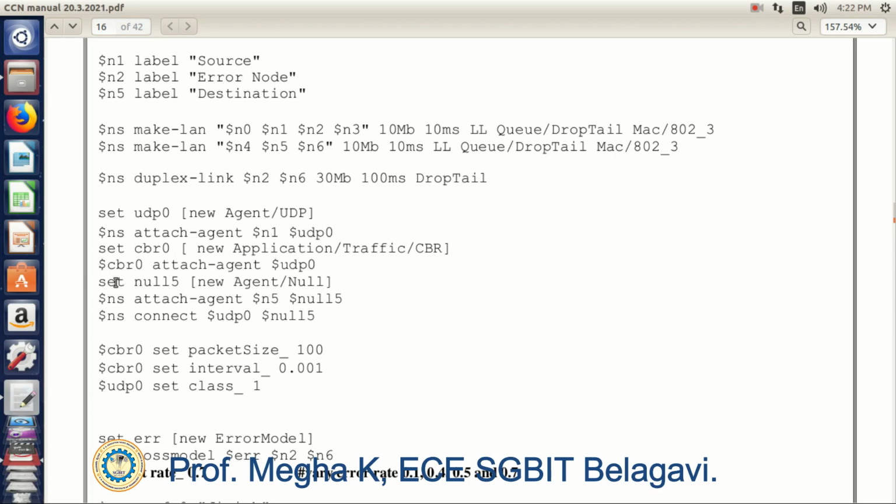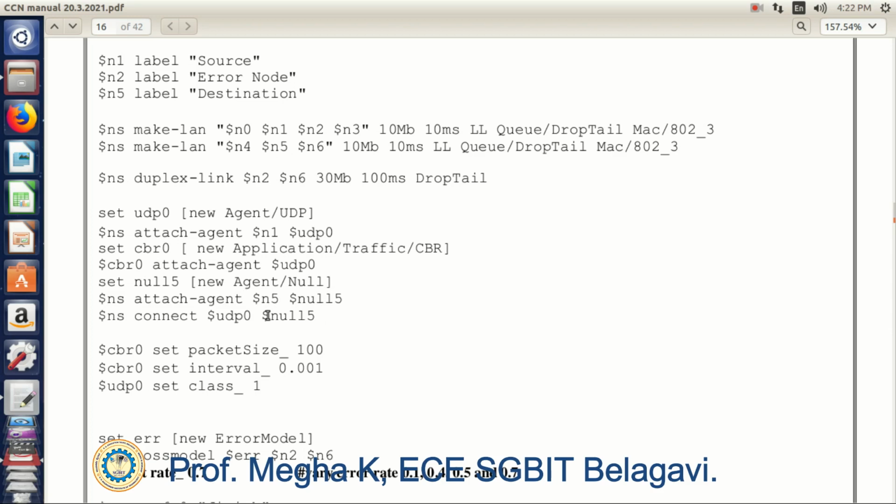And now I'll set null 5. As the destination node, I'll define null. Now connect UDP 0 and null 5. In the whole program I am using User Datagram Protocol. It is an unreliable protocol where no acknowledgements are received on reception of packets.